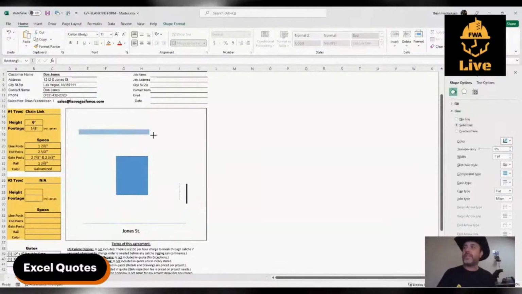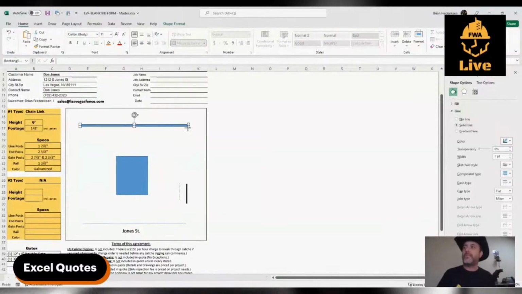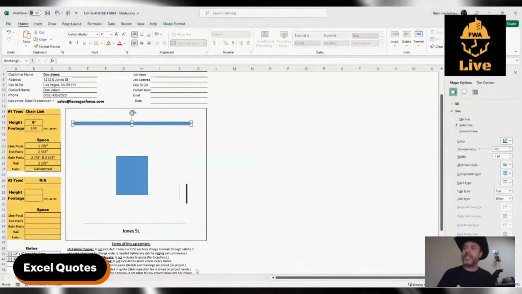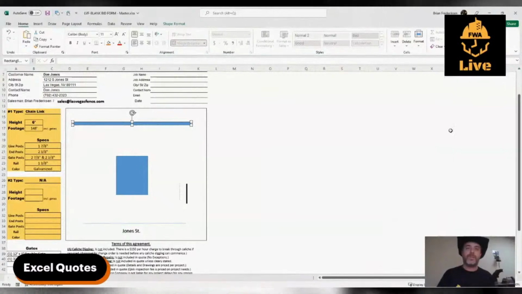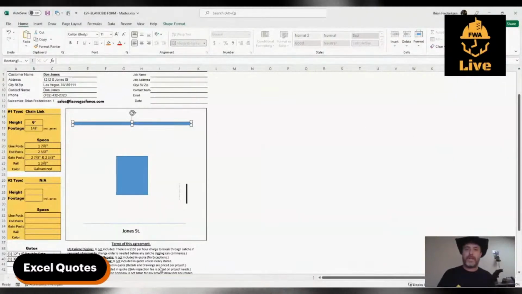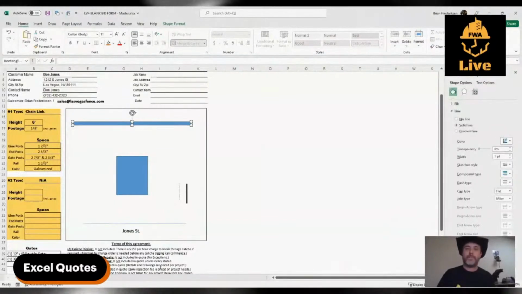So I know this property has a wall in the back. So I'm going to go ahead and put the wall across there way beyond, and I'm going to right click it. And by hitting Format Shape, if this wasn't open over here, say this was closed on that right side, if you right click it and go to the bottom of that, you hit Format Shape,